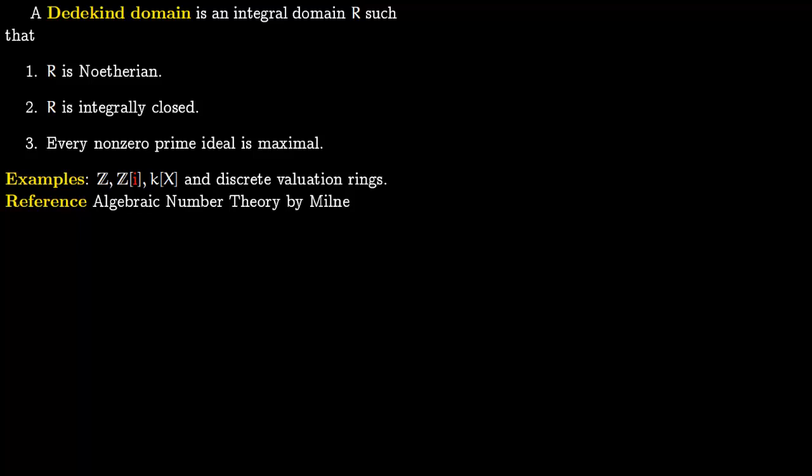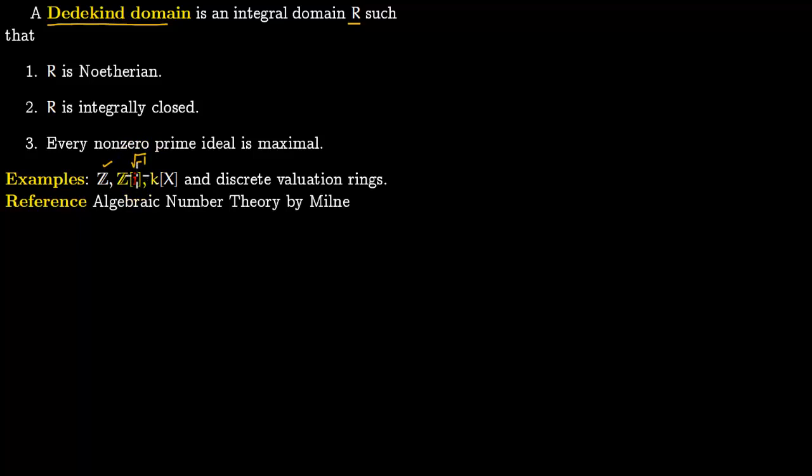So in this lecture we introduce Dedekind domains and prove an important result about unique factorization of ideals in Dedekind domains. So first, what is a Dedekind domain? A Dedekind domain is an integral domain R such that R is Noetherian, R is integrally closed, and every non-zero prime ideal is maximal. So some examples are the integers, the ring